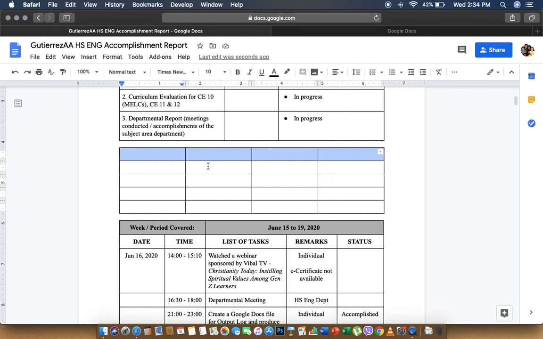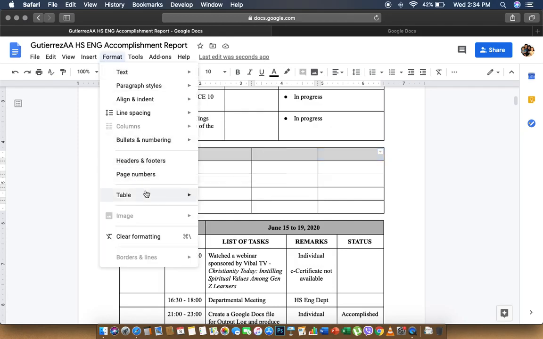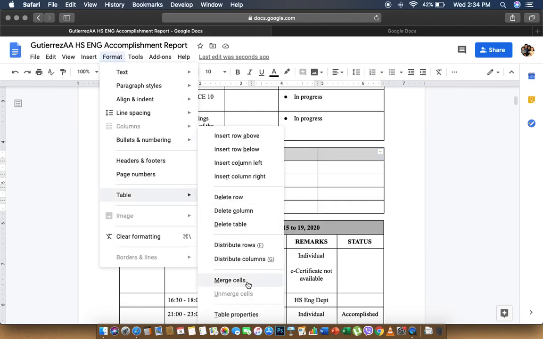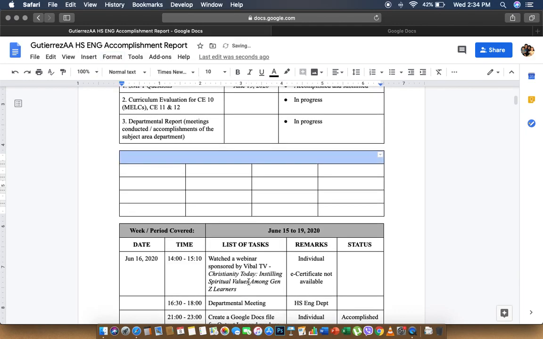Or again, highlight the cells, then go to Format, then Table, and then choose Merge cells, right? And then I can proceed to type